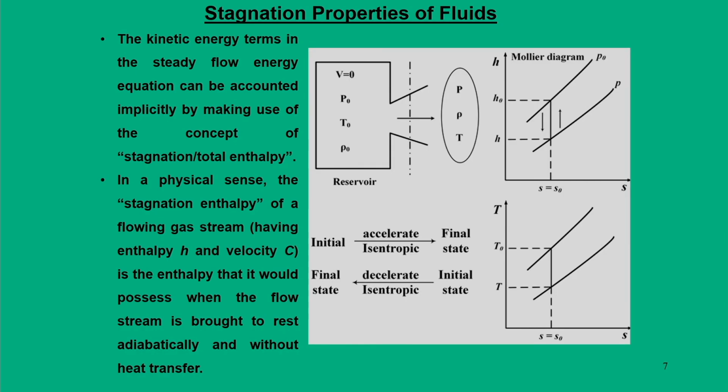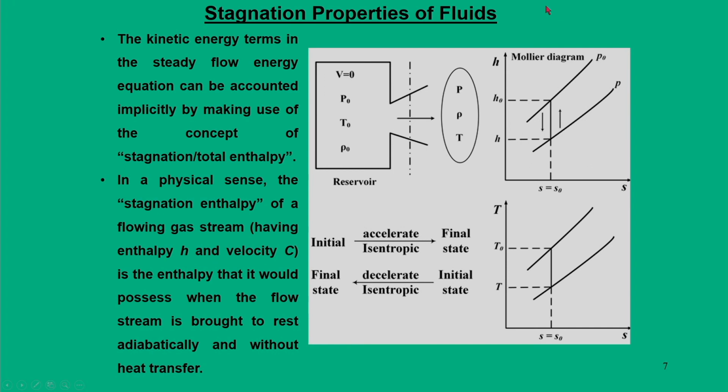And in fact, this kinetic energy is a significant contribution as far as the total energy is concerned. Now, to account for this fact, when you say the temperature is whatever we measure, that is due to the static temperature, but that temperature does not account for the kinetic energy or velocity associated with the flow. So, for that reason we implicitly define properties which we call stagnation properties, and they implicitly use these velocity components.